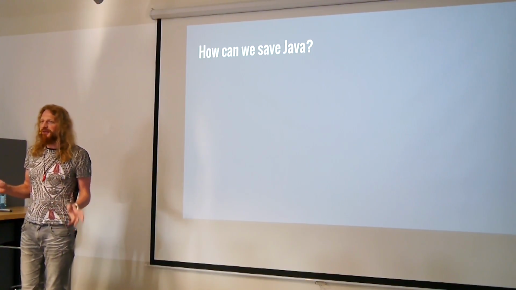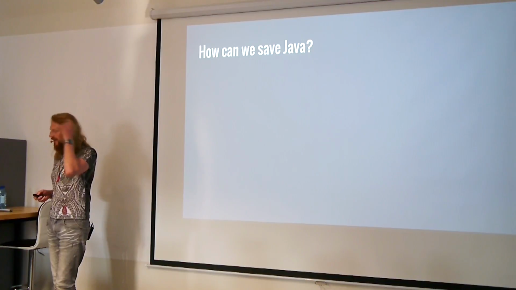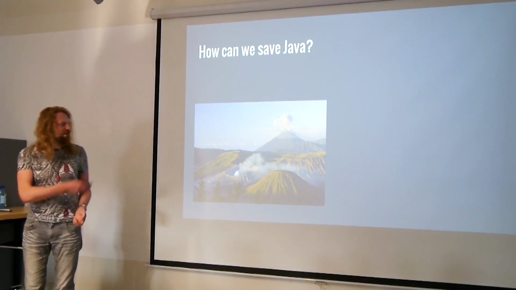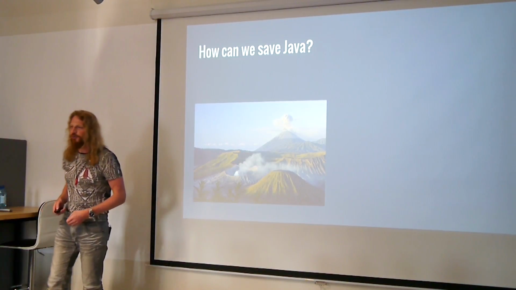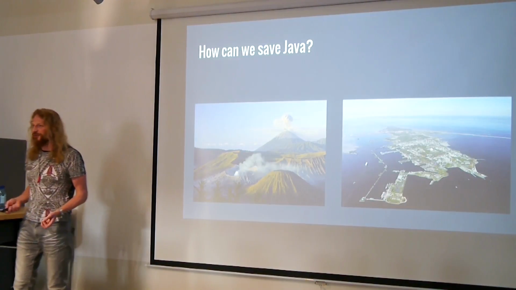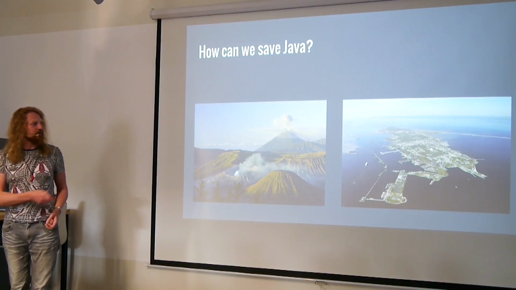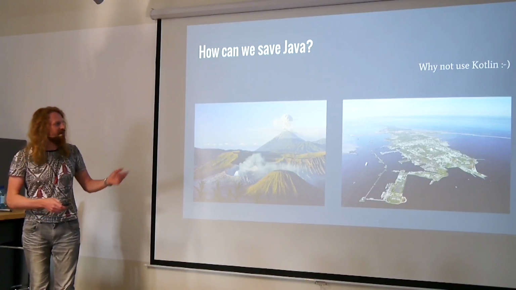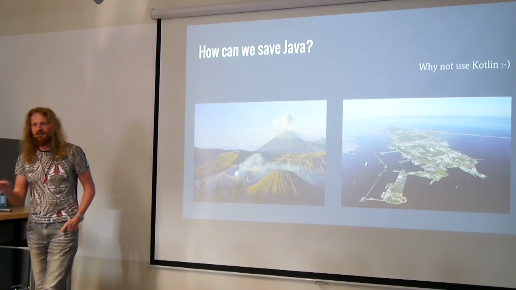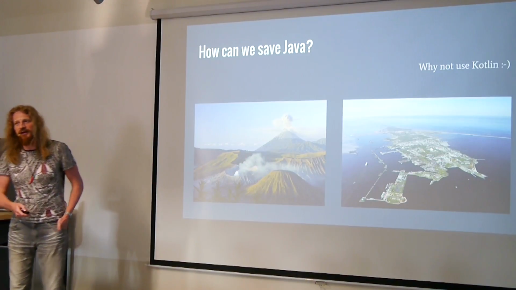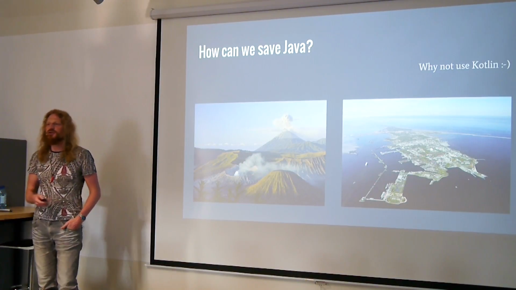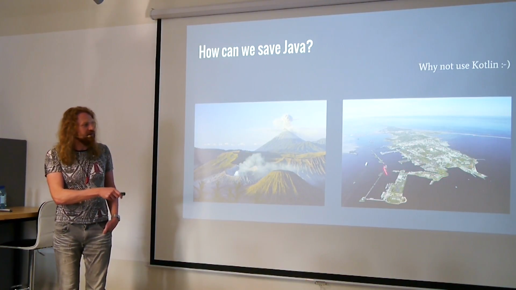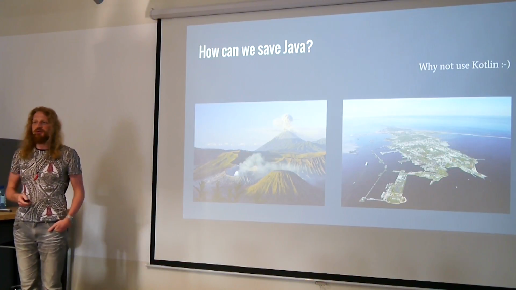A lot of people have heard one of my presentations, like how can we save Java? The thing is, Java really has lots of problems, like volcanoes and overpopulation. So you can save yourself by choosing another island, which is small, without any volcanic activity, in the Baltic Sea, which is called Kotlin. If somebody doesn't know, the name of the language comes from the island in the Baltic Sea near St. Petersburg, and maybe you know the city situated there. It's called Kronstadt.